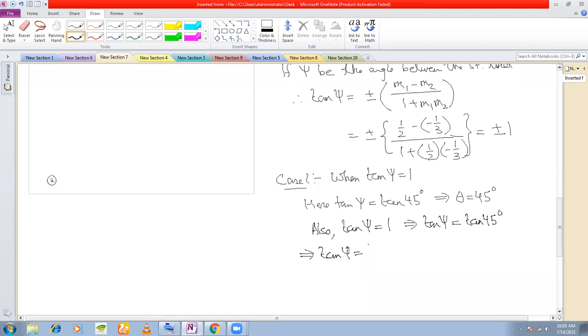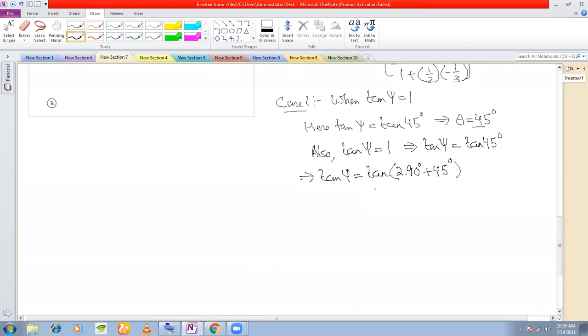Tan, in the third quadrant. So now we have got a solution in the first quadrant. We now look for a solution in the third quadrant, right? How do we take this to the third quadrant? So this is 2 into 90 degree plus 45. Now this angle is in the third quadrant, right? Even multiple because we want to keep tan.